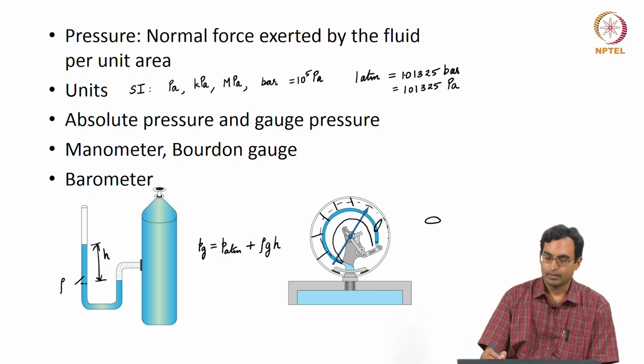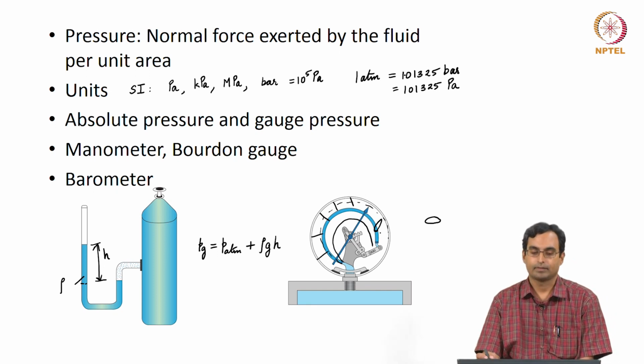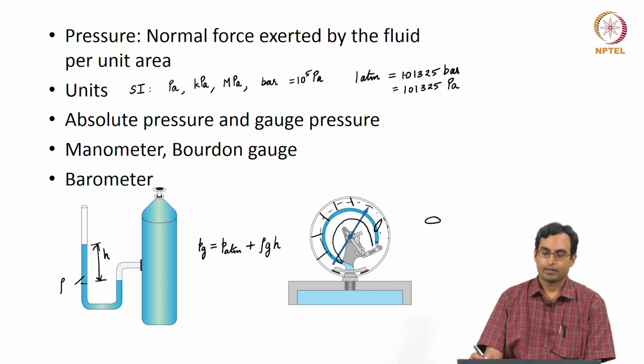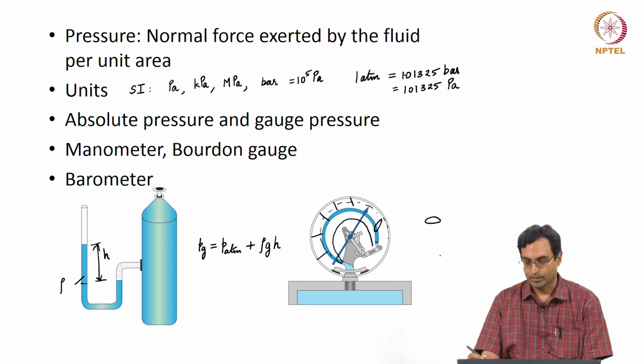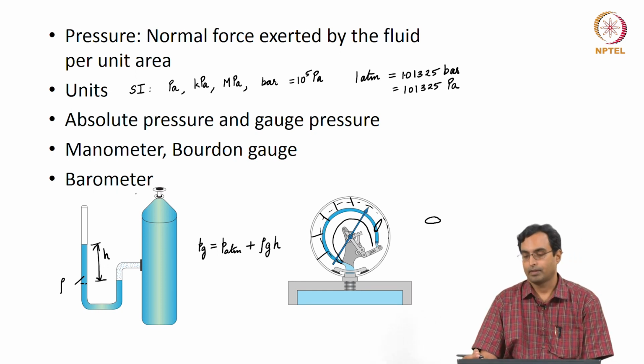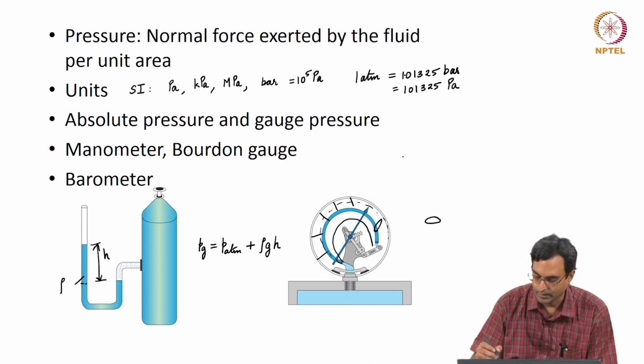Now, this again usually gives you the pressure with respect to the atmosphere. So, it would give you a gauge pressure, and you could add the atmospheric pressure to it to find out the absolute pressure, which is what we would do. But we also need to know what the atmospheric pressure is, and for that we use what is called a barometer, which I think most of you are familiar with, but we will just quickly draw a schematic of it. So, you have